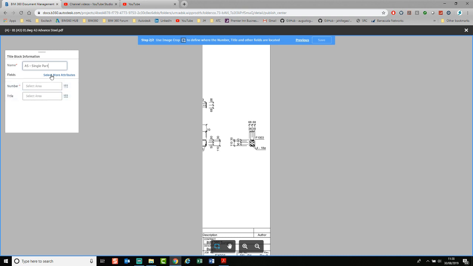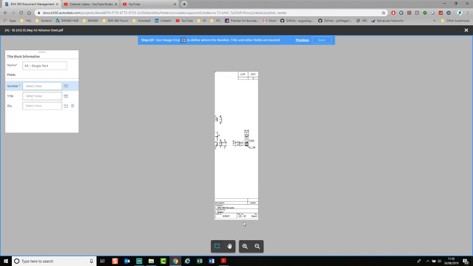I can select more attributes, and I can add in my quantity, and then I can click into each field and see what I need to do. So for the number, you will see that I need to just draw a little area around the text that I wish to read, which is going to be there. You will see that it's picked up drawing number brackets A, so I just want to slightly take that down a little bit